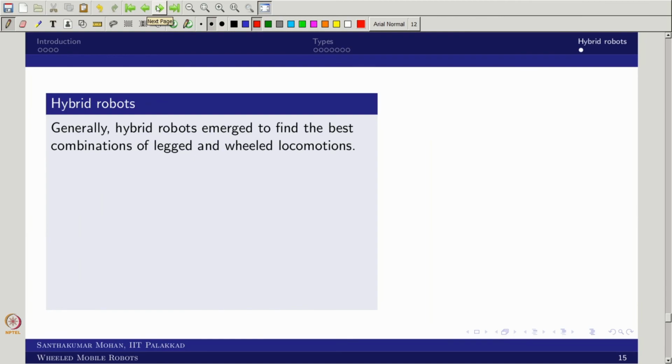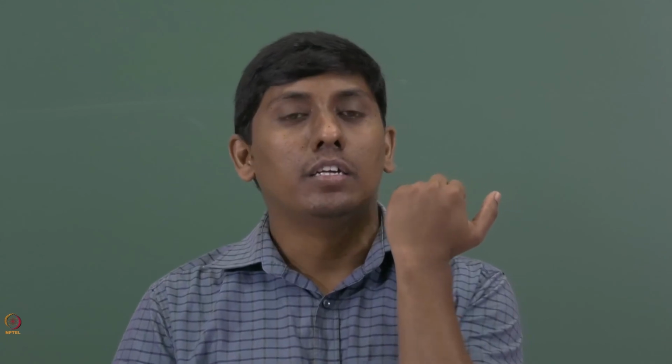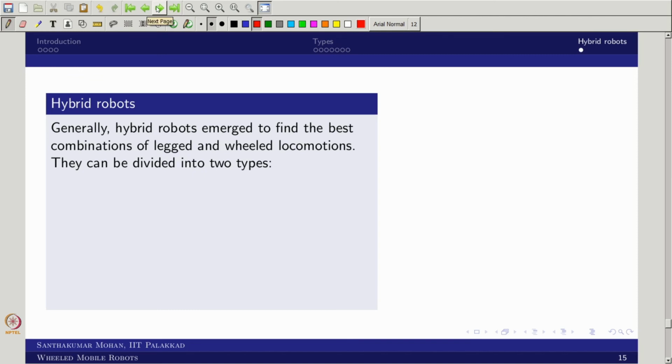Now one subclass is what I call the hybrid robot, where the wheel and leg are connected. There are two ways you can do it. In one, the leg is attached with the wheel at the end; instead of having a foot, you put a wheel. The other class has two independent systems that you can enable whenever you want. For example, when you find a smooth surface, you move to the wheeled configuration. Whenever you find a rough terrain, you uplift and use the legged configuration.